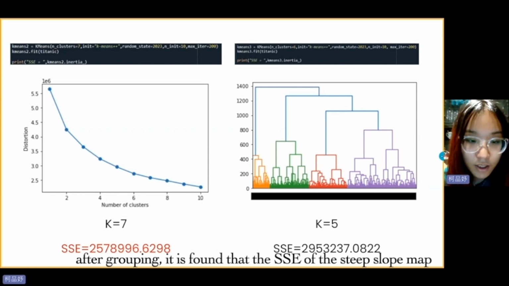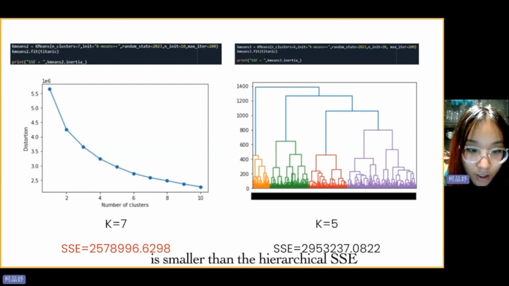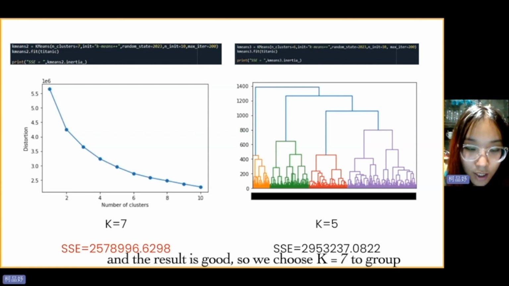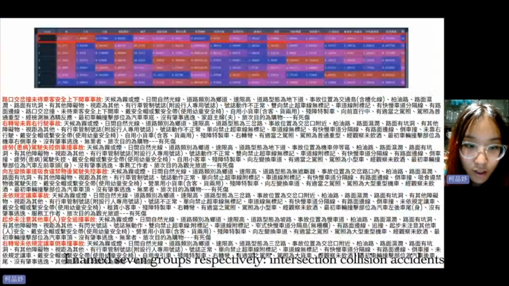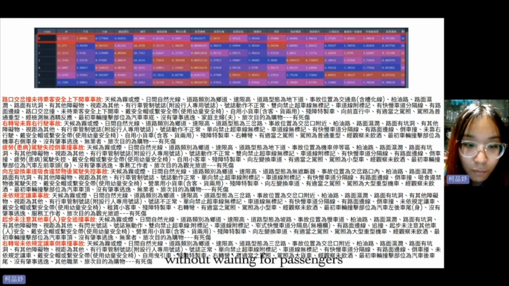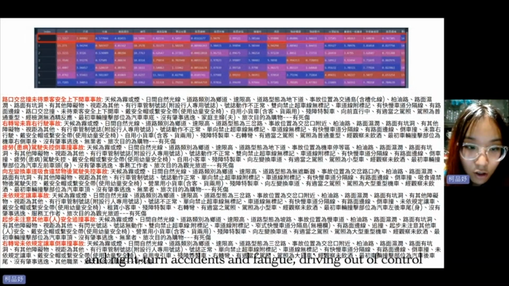After grouping, it is found that the SSE of the steep slope map is smaller than the hierarchical SSE, and the result is good, so we choose K equal to 7 to group. According to the outline of each category, I name these 7 groups respectively: intersection collision accidents, without waiting for passengers to safely get on and off driving accidents, and right turn accidents and fatigue, driving out of control, reversing collisions